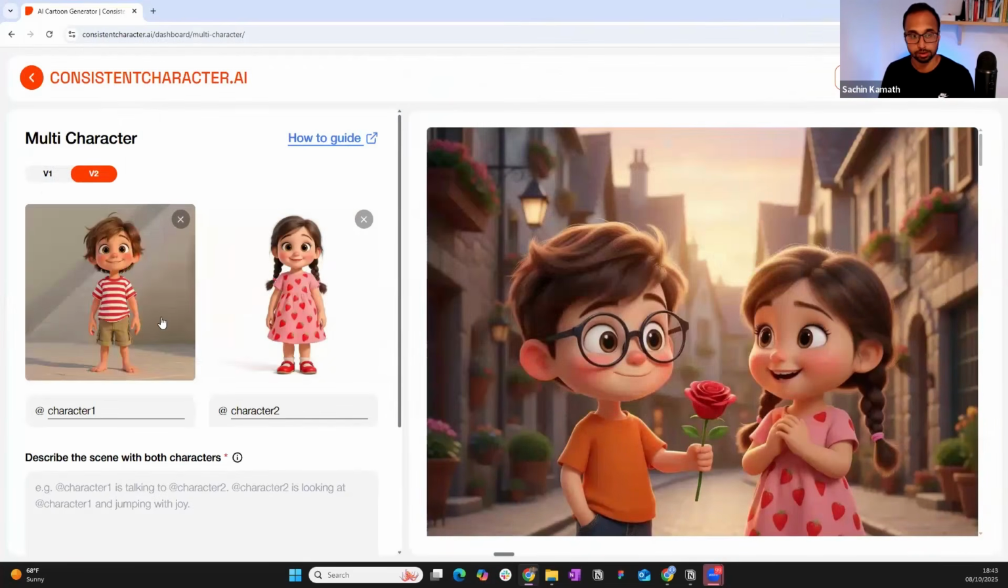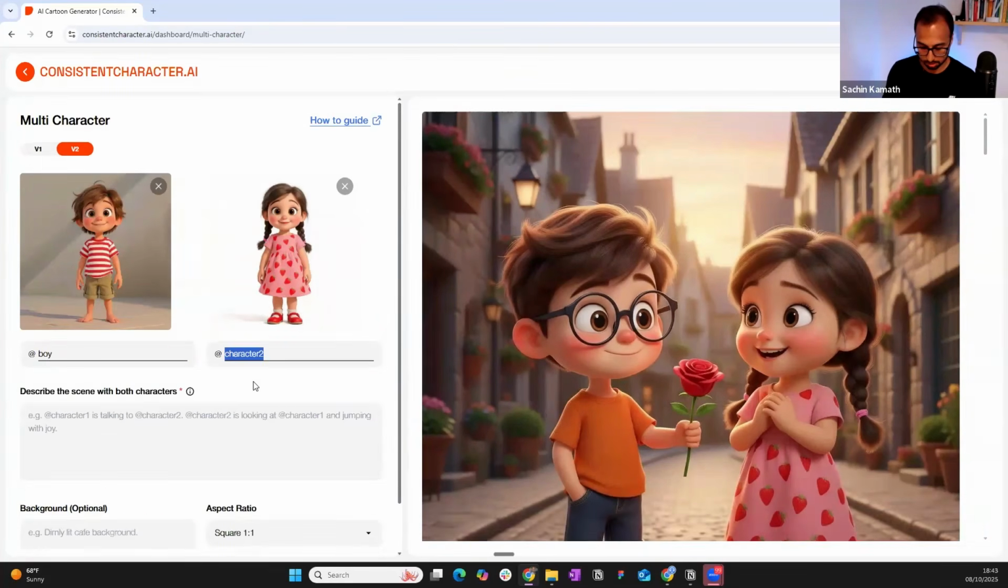So I have both the characters, character 1, character 2. I can rename the character over here. I'm going to keep it simple, boy and girl. So at boy, at girl. And now my prompt is, when I have to type, I need to describe the scene with both the characters